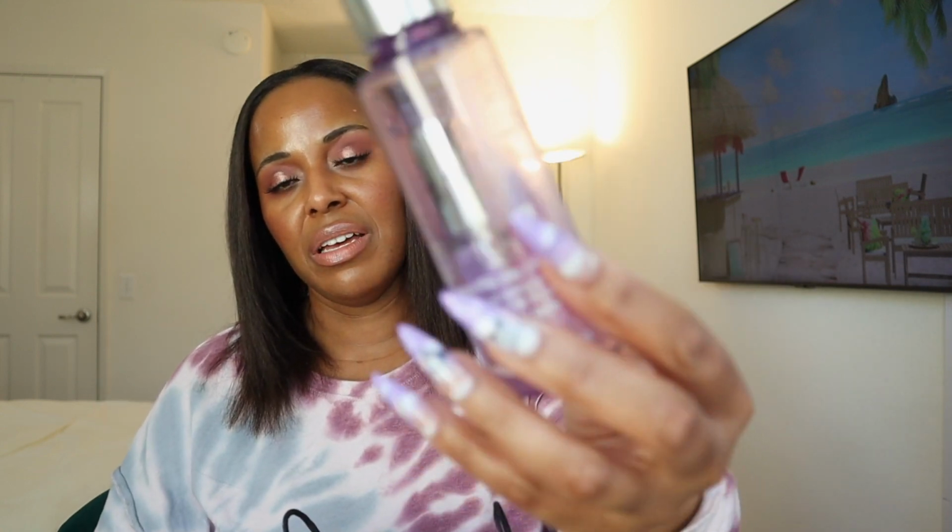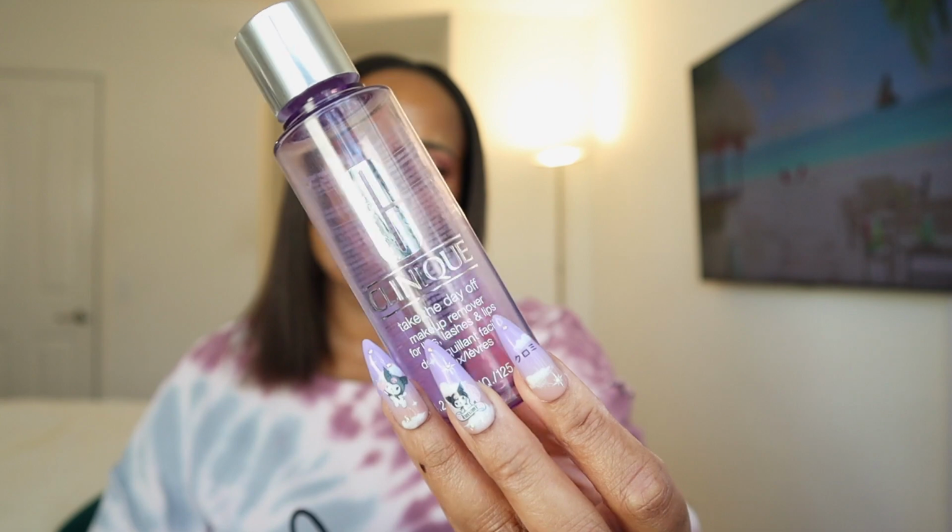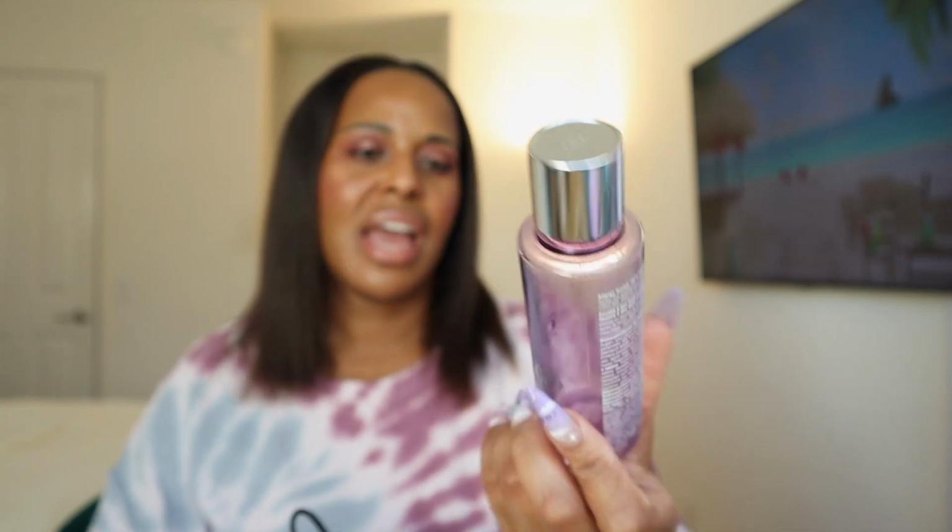It works really good. Clinique Take the Day Off Makeup Remover. I got this, I think, during some sort of sale, maybe Ulta was having, and I'm not repurchasing this. I prefer Lancome's eye makeup remover. If I was going to look at more high-end, that's the one I would grab. That takes longer to get your eye makeup off. That's what I've noticed. So yeah,